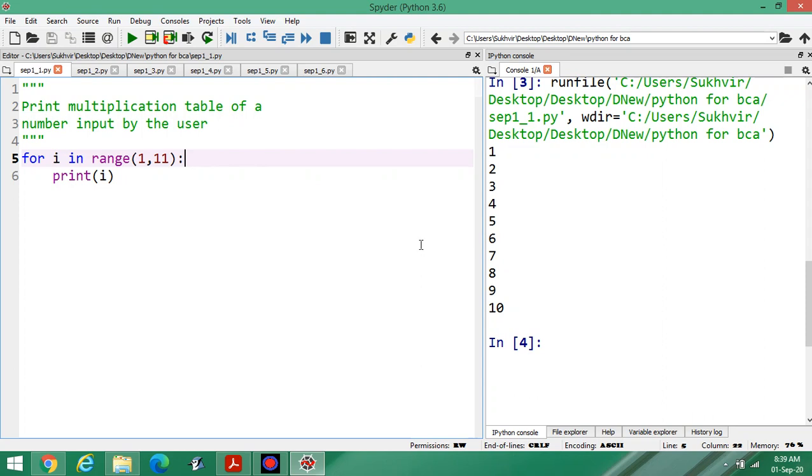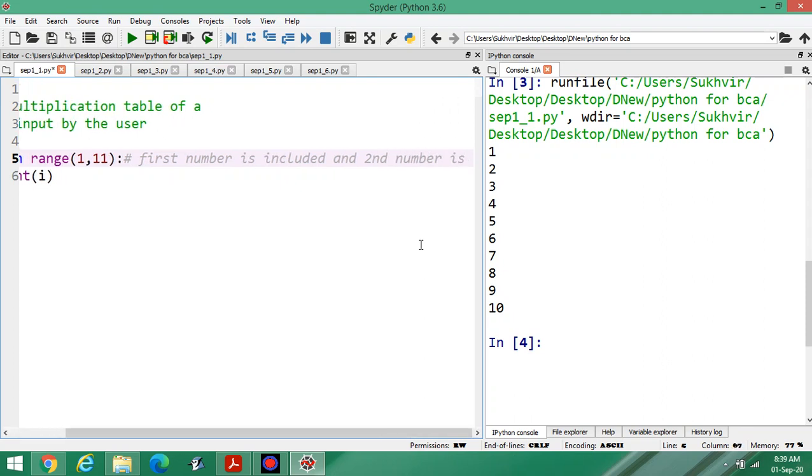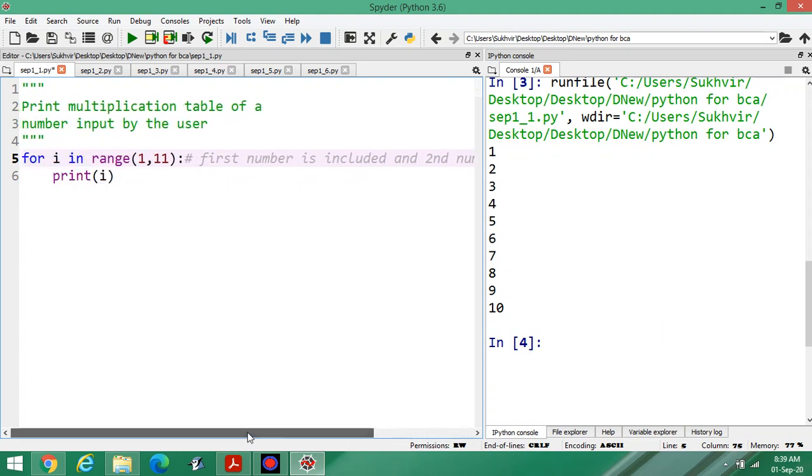Now what is the meaning of this? It means the first number is included and the second number is excluded. The first number is there, but the second number, the last number, is not there.